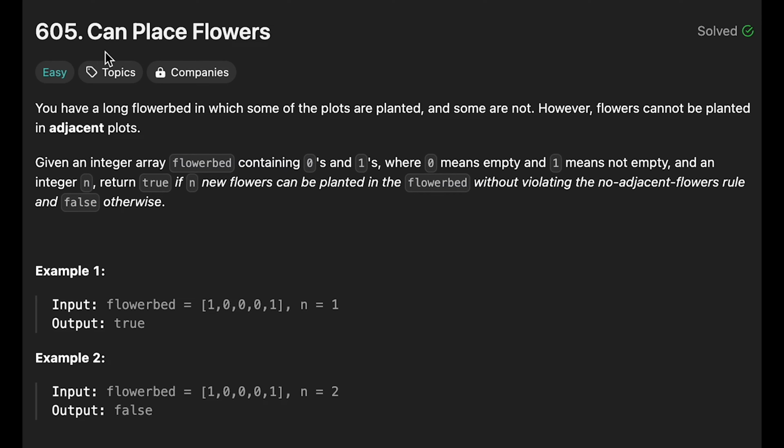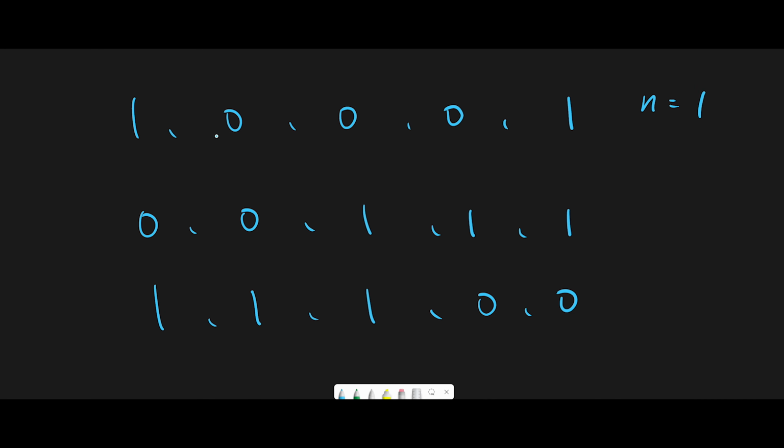Hey everyone, today we are going to solve the LeetCode question, Can Place Flowers. Okay, so let me explain with these three examples, and look at the first example, 1, 0, 0, 0, 1,